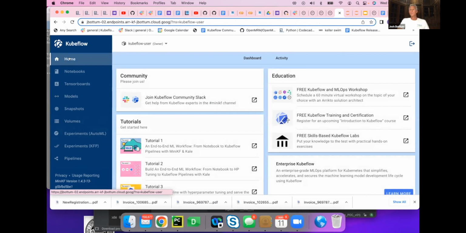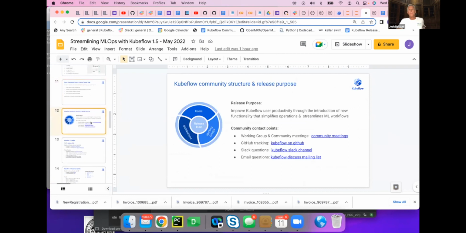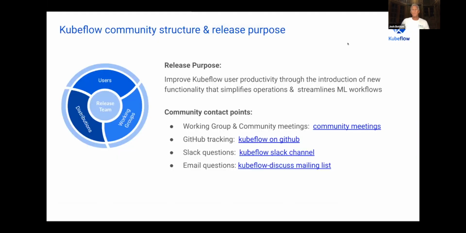And the fact that you can do this end-to-end workflow and build a pipeline relatively easily. And again, this is all based in what's inside of Kubeflow. So I'm going to move on from the demo and go back into a little bit more about the community and wrap up. I just want to impress upon people that the Kubeflow community now, we're probably getting close to